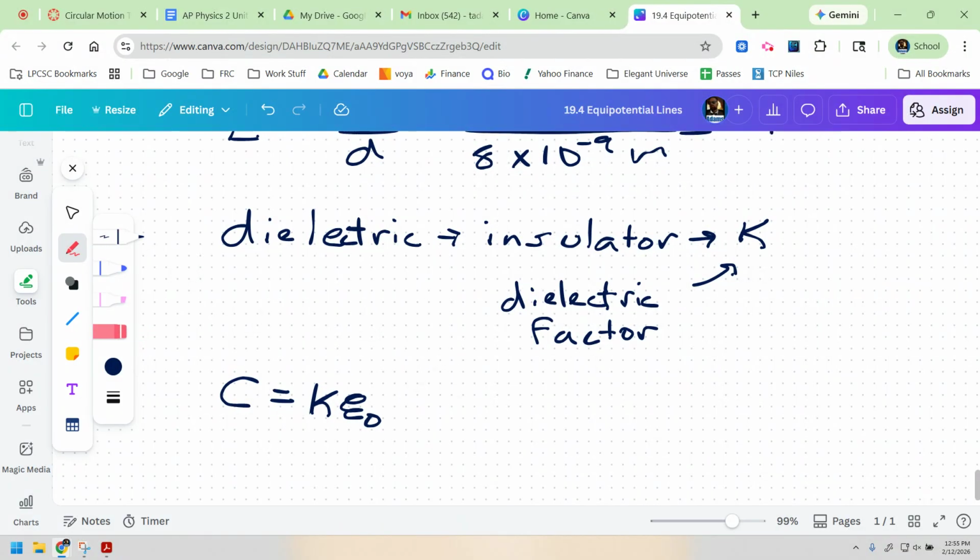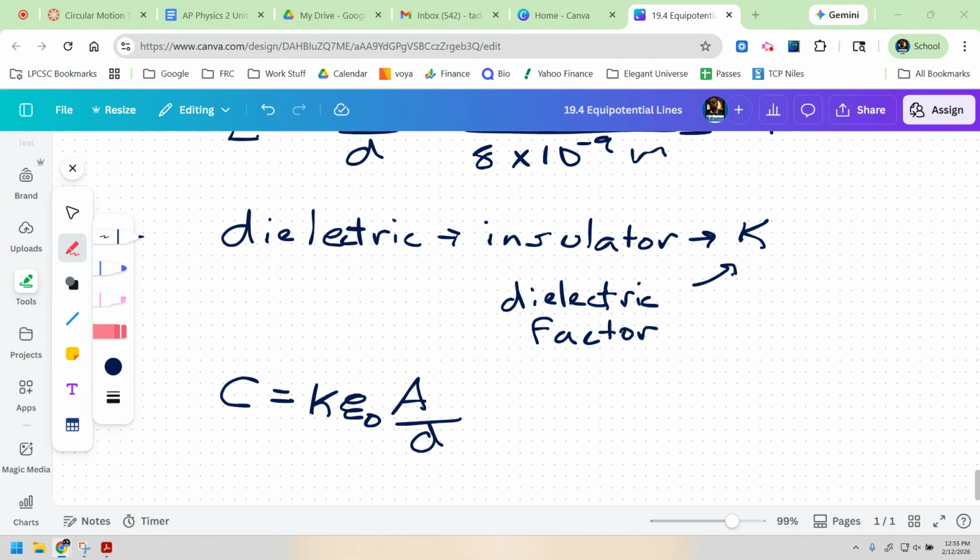Times the area over the distance, right? And then I'm going to give you a table here. There's a table. Can I copy the table? No. I'm going to paste like